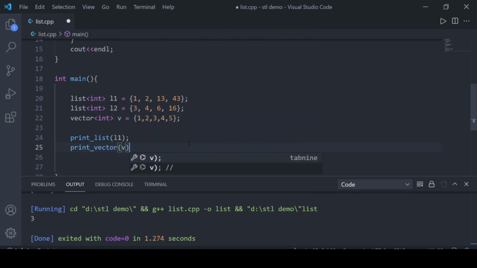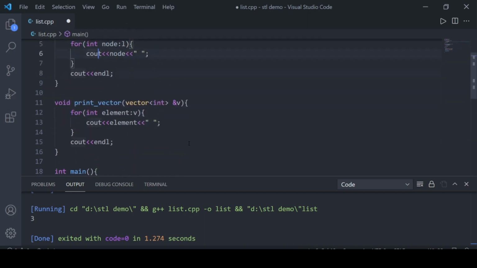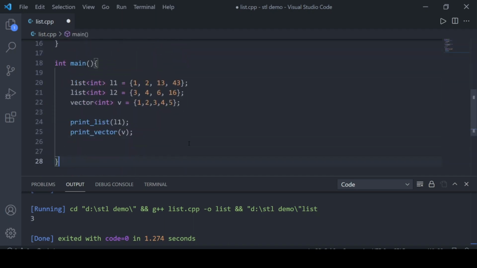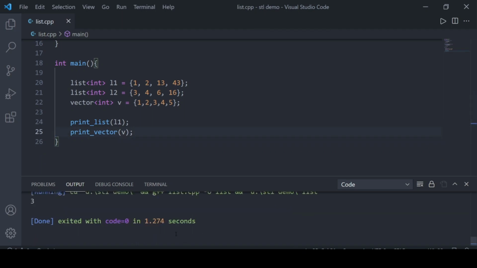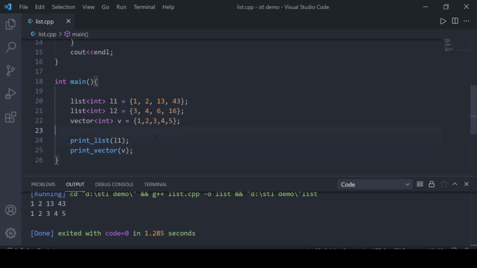They are quite similar. You can see that the initialization of them is quite similar, and the way we print them is also quite similar, but the implementation behind the scenes is different. So STL makes it easy, as we don't need to understand how they are implemented. We just directly use them in our code. So you can see that two lists have been created. Both the lists we can iterate.